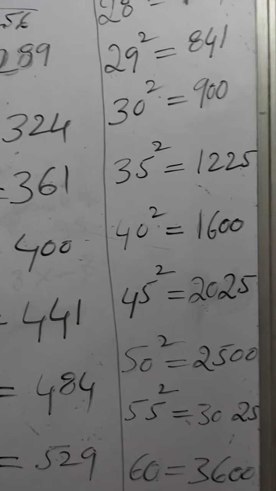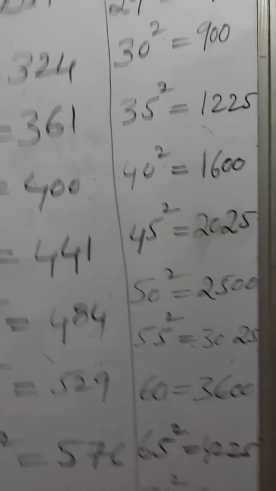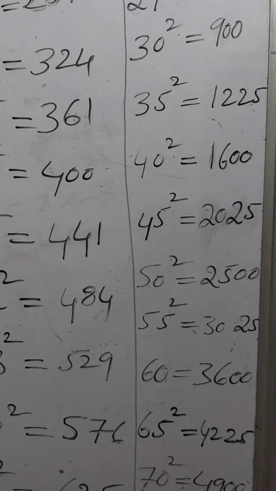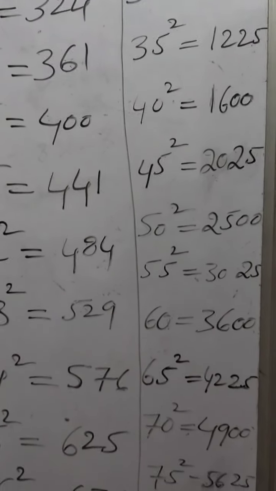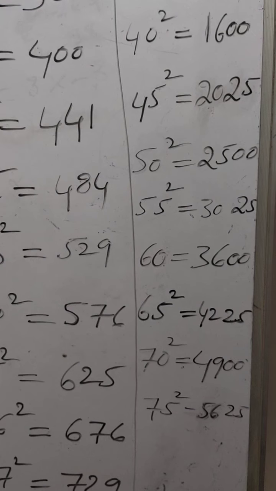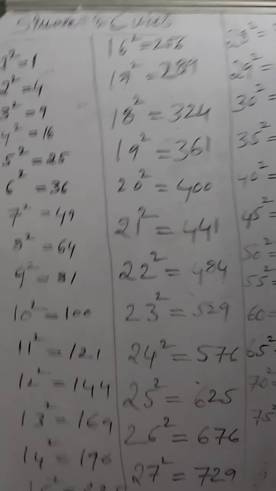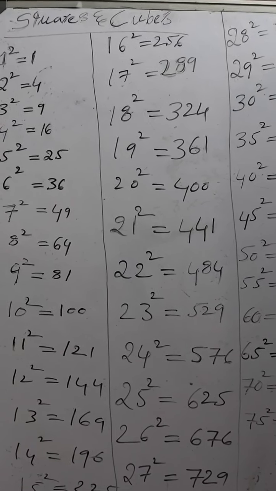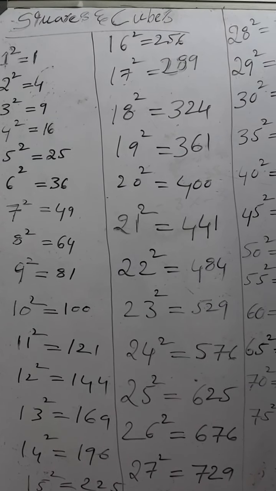From now onwards I am doing 30, 35, 40, 45 square, 50, 55 square. The reason is, 45 square ends in 2025. 50 square is 2500. 55 square is 3025. 60 square is 3600. 65 square is 4225. 70 square is 4900. 75 square is 5625. It will become easy to remember if you know the tables 1 to 20. If you don't know, better refer to the table from 1 to 20. Please learn the table by heart, then only it will be easy to remember.